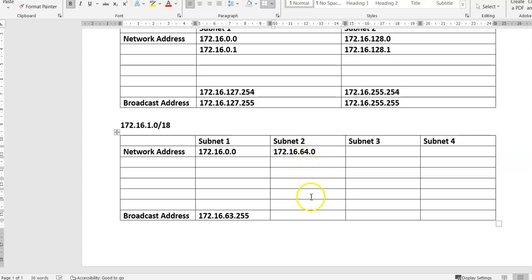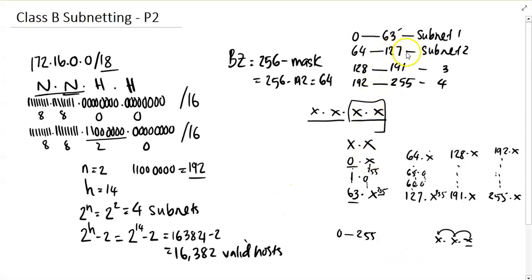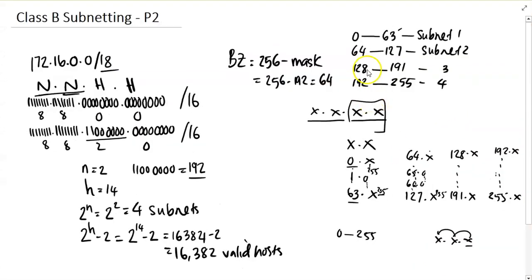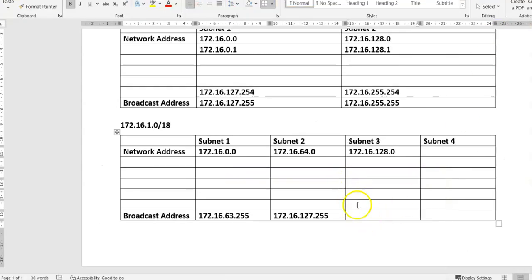And then it becomes 65. It will continue until it reaches the end of the subnet, which we mentioned, which was 127 here. In here, 127. And then we fill the end of that, which is 172.16.127.255. And then the 127.255 is the end of the second octet, second subnet. If we go to a third, it will become 172.16. Then 127 changes to 128.0, and this 128 will continue until it reaches 191, and that 191 here becomes the end of the third subnet,